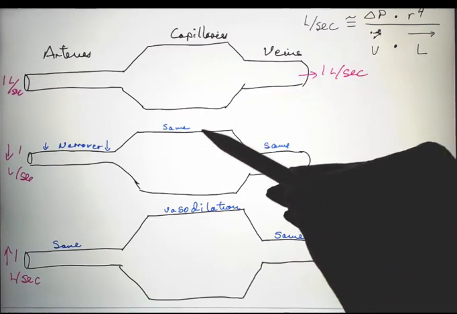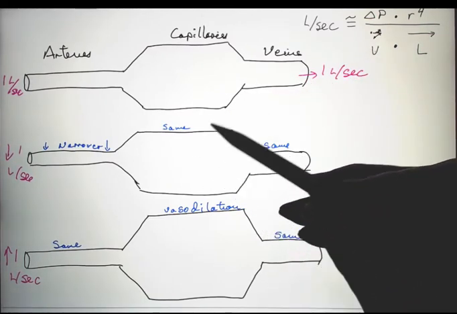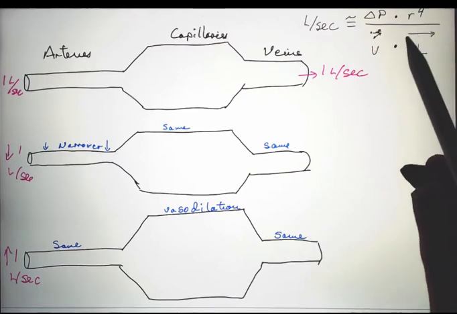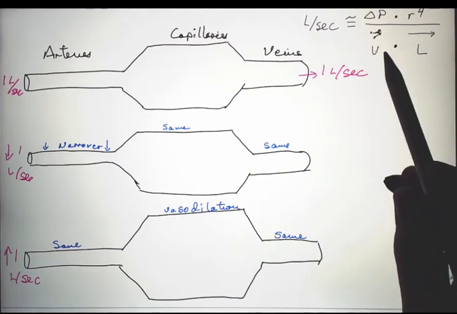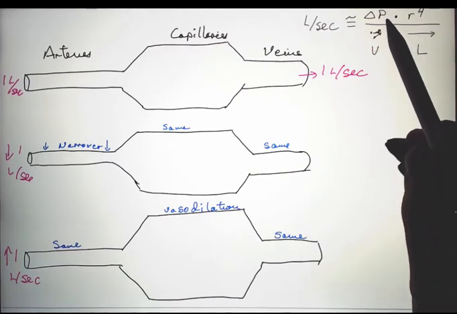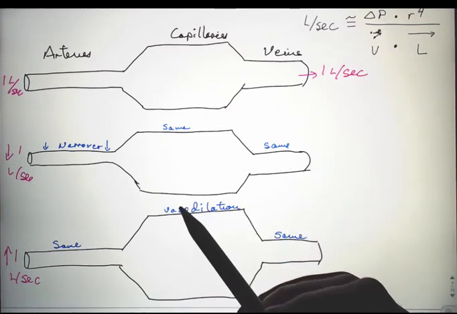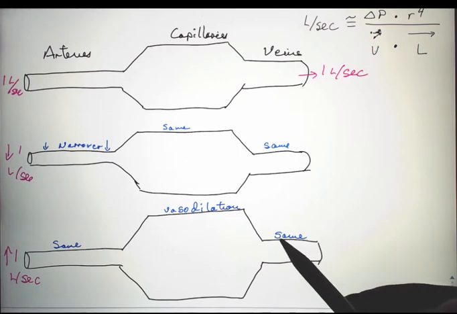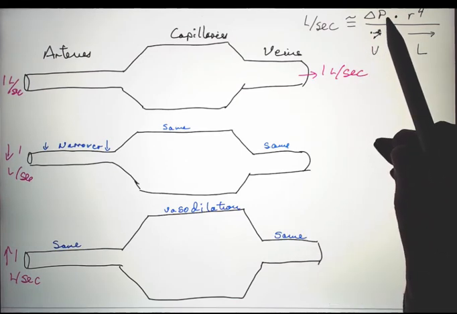The same logic should allow you to think through what will happen with any change in radius or, over the long term, viscosity of the blood, or when the heart compensates with changes in pressure. Often when we have a change in radius because of vasodilation or vasoconstriction, the heart responds by increasing heart rate and heart stroke volume, increasing total output and total pressure, or decreasing